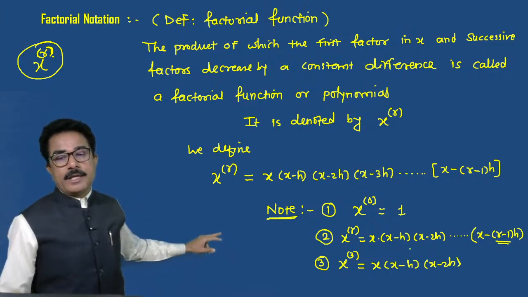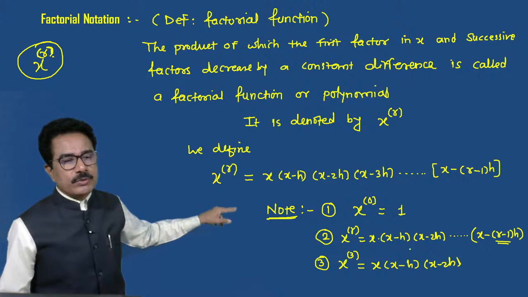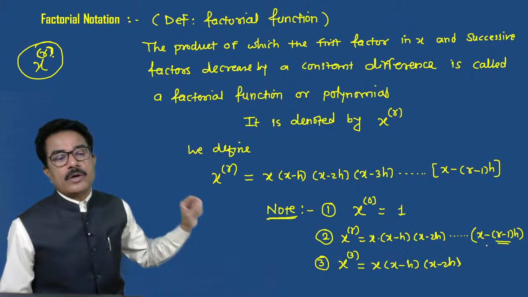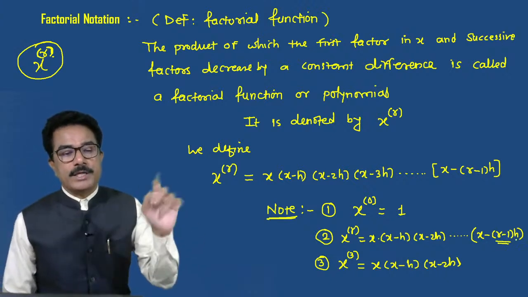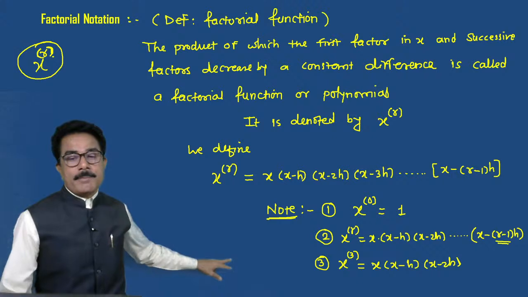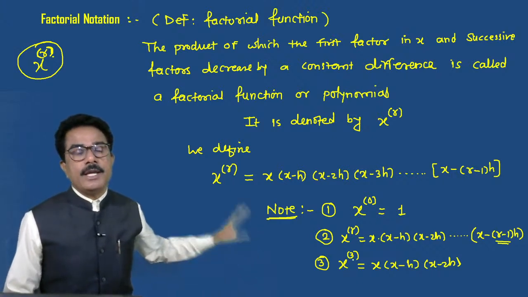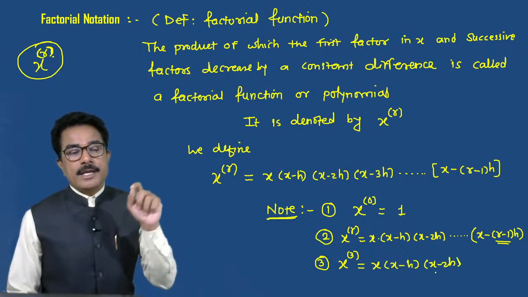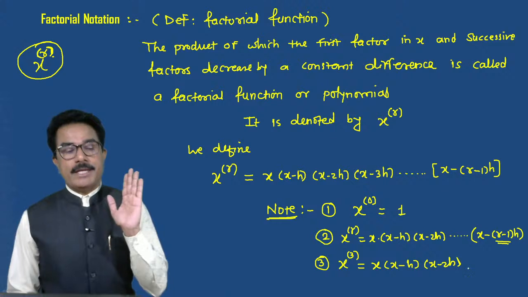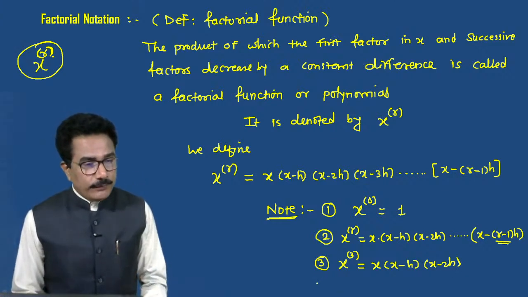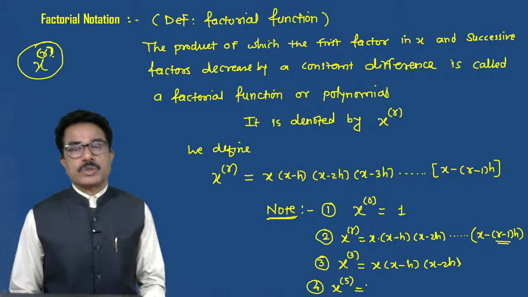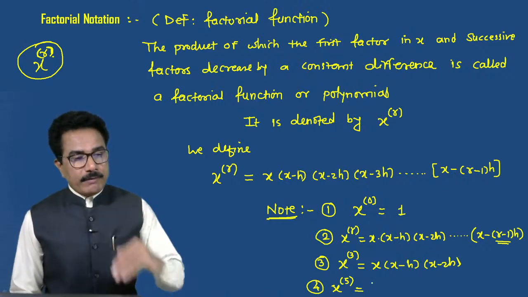Means x raised to r factorial gives a value x, x minus h, x minus 2h, up to x minus r minus 1 into h. For example, x raised to 3 factorial can be written as x, x minus h, x minus 2h. Up to where do we write? x minus 2h, stop here. Number 4, suppose x to the power 5 factorial is equal to